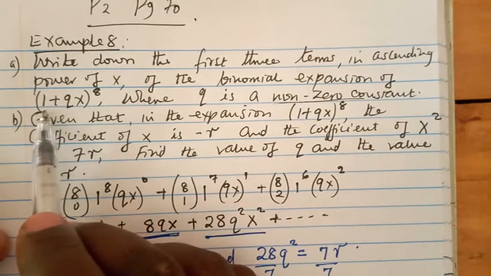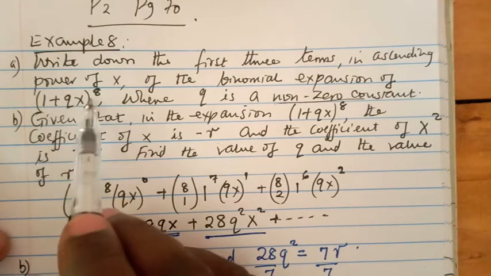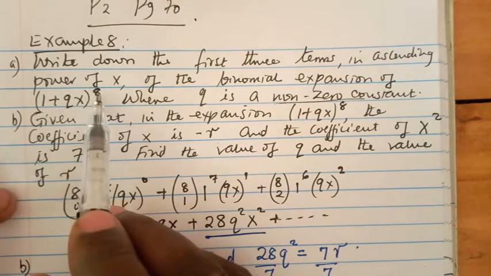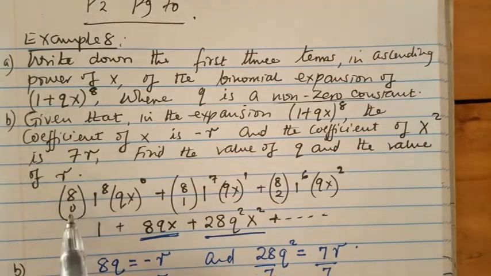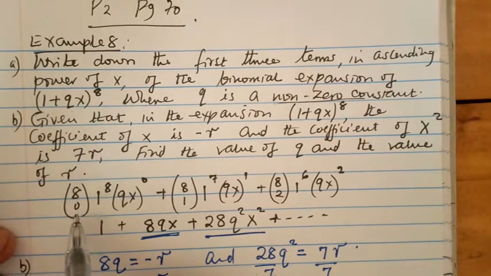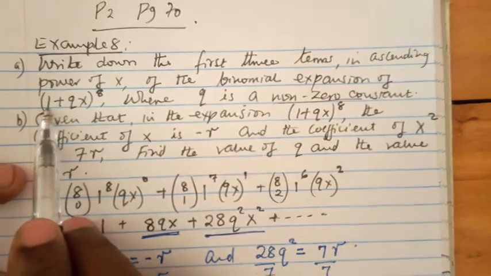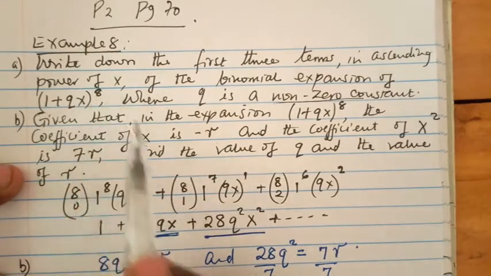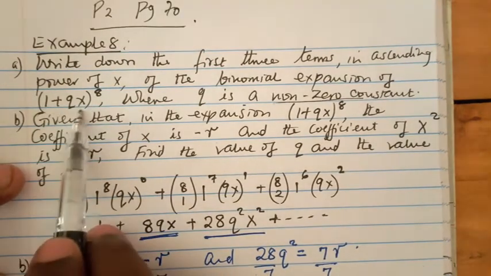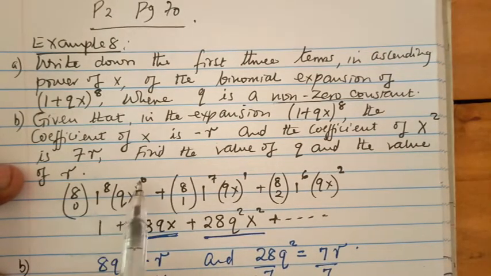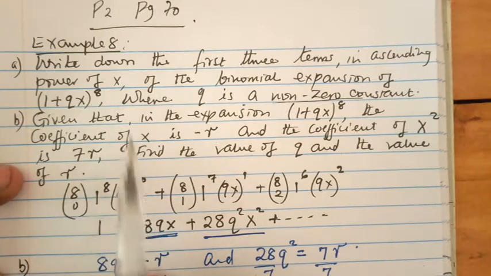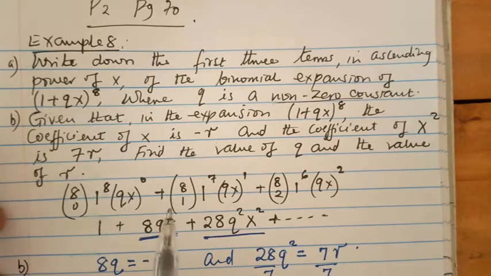When you look at this, you can see n is 8. So we will start with the very first coefficient, 8C0, which is obviously 1. Then the first term is raised to the highest power and the second term to the lowest power, so long as 8 plus 0 remains 8. The second term: